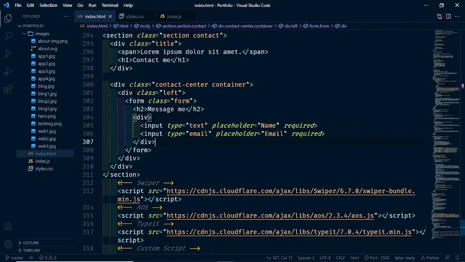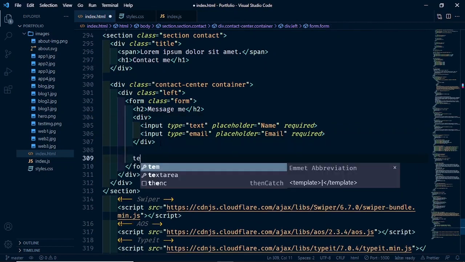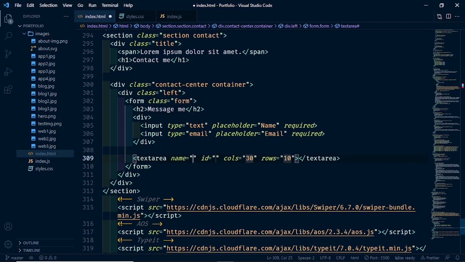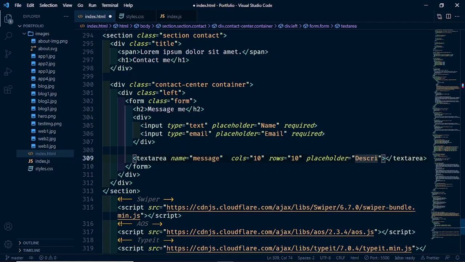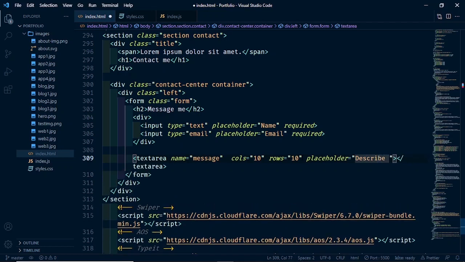Now underneath the div, let's have our text area. The name should be message. The ID, don't need the ID. The column we need 10, and the row should also be 10. Placeholder, let's say describe project,